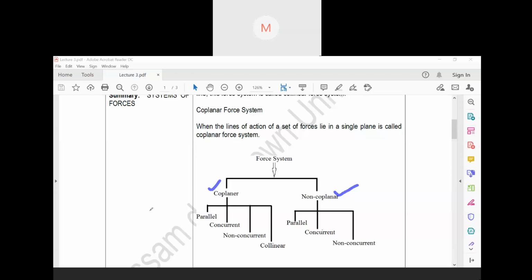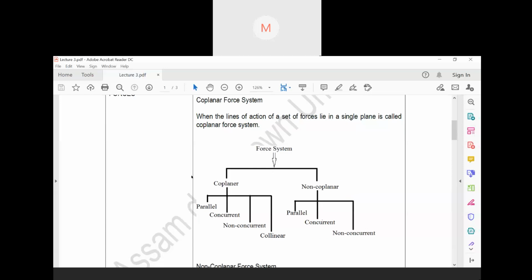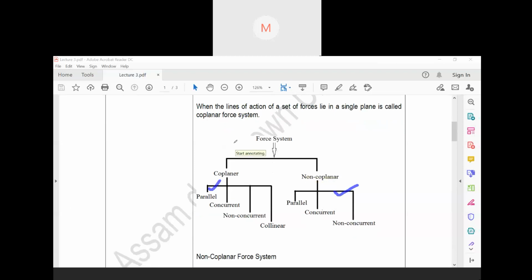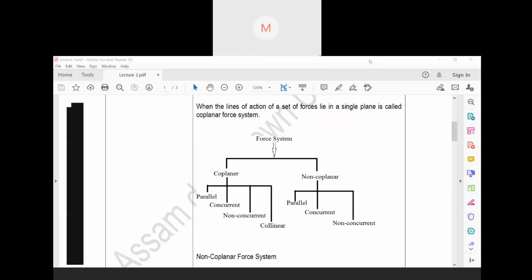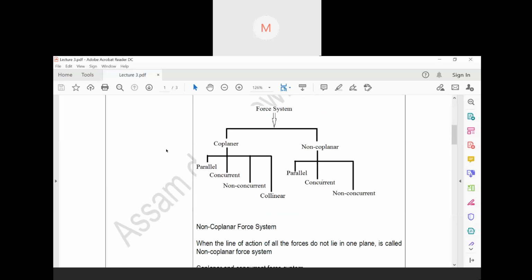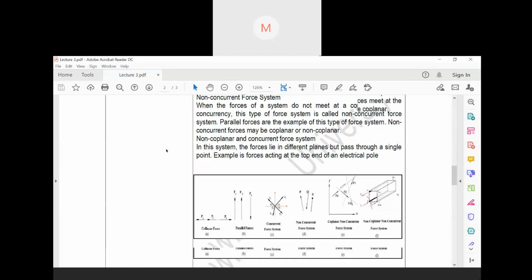So after that, look. Now if you see here force system, in force system number one is what? Coplanar, and number two is what? Non-coplanar. So in coplanar forces, when the lines of action of forces lie on a single plane, then it is known as coplanar. Suppose if you look at this diagram,